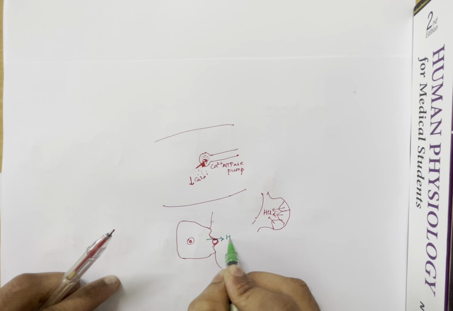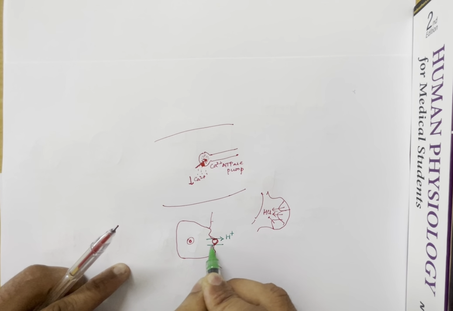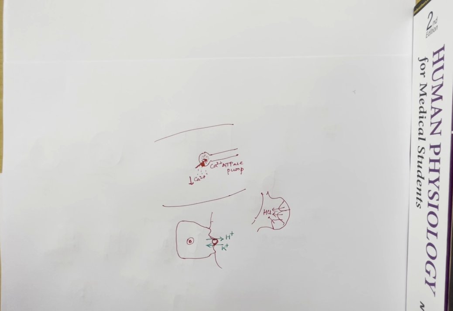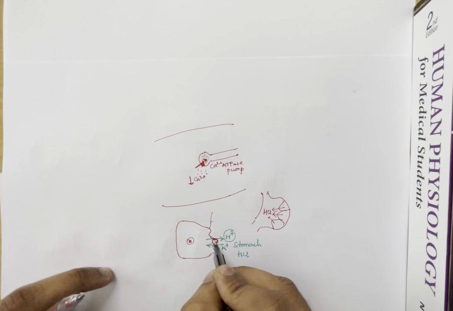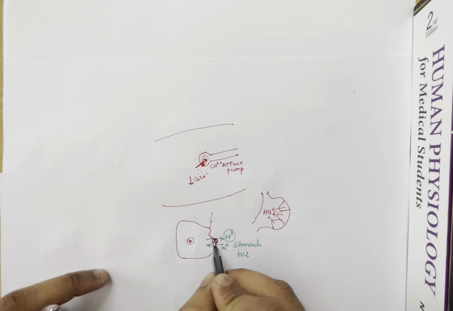Hydrogen ions in exchange for potassium ions. So this is how H plus ions are secreted into the lumen of the stomach. So HCl secretion, H plus secretion, is by H plus K plus ATPase pump activity. So here you can understand this integral membrane protein pump. This integral membrane protein pump is transporting one ion